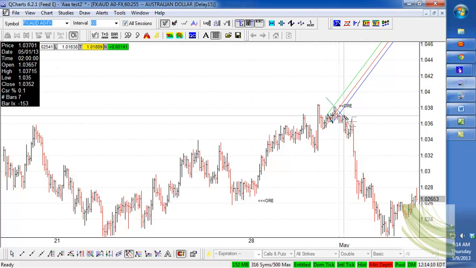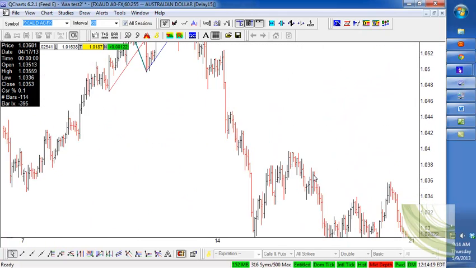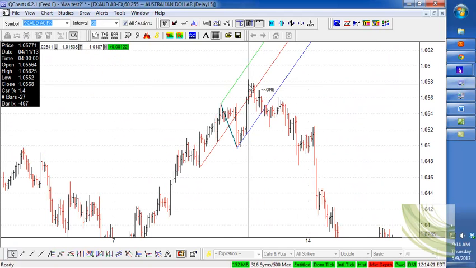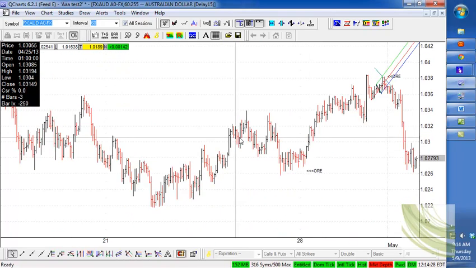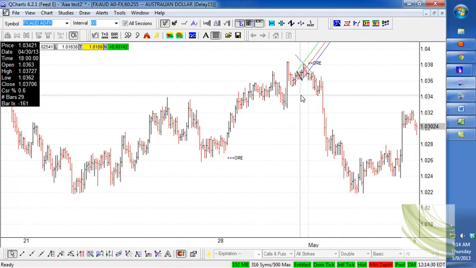Okay, and that's not uncommon when your ore point isn't the highest high in the area or lowest low in the area. Like in this one here, the ore came in up on this one here, so this was your highest high in the area, and that worked out. But if you don't have that, that's going to happen. But that can work out nicely for you